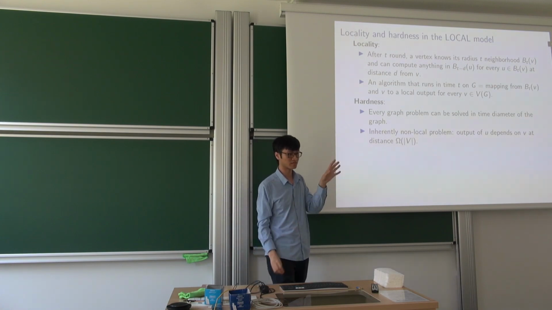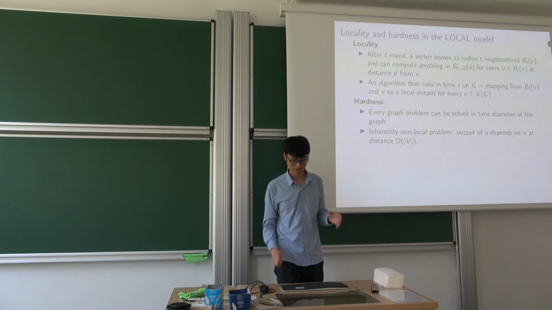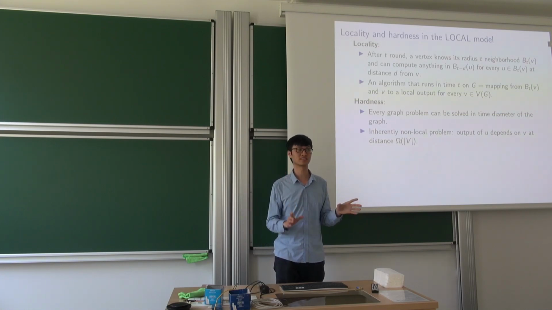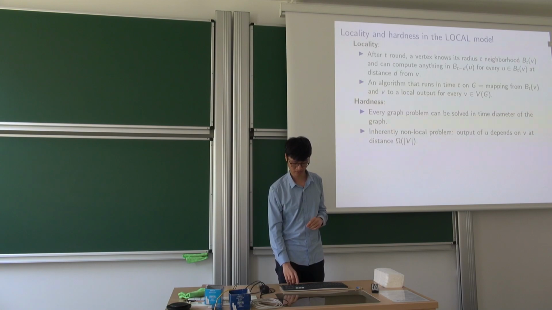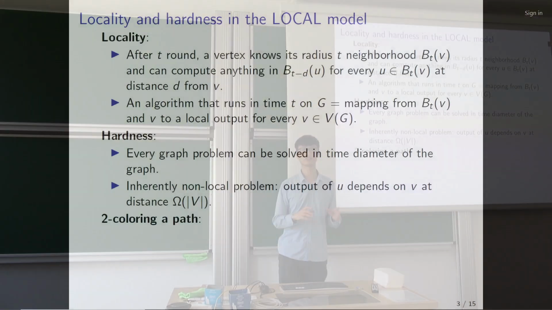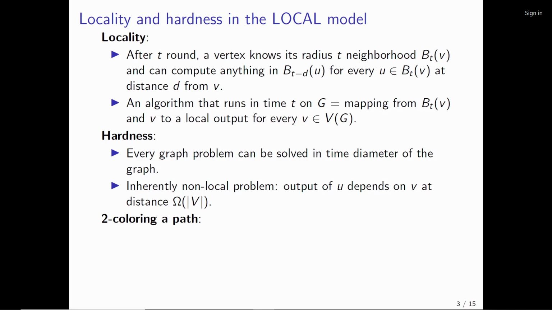Now, this seems a bit abstract, I guess, so let us take a very concrete example, and a very simple one as well. Two-coloring of a path, right? This is very easy in the centralized model. Just testing if a graph is bipartite is also very easy, right? But this problem is an inherently non-local problem. Now, why is that? Okay, so